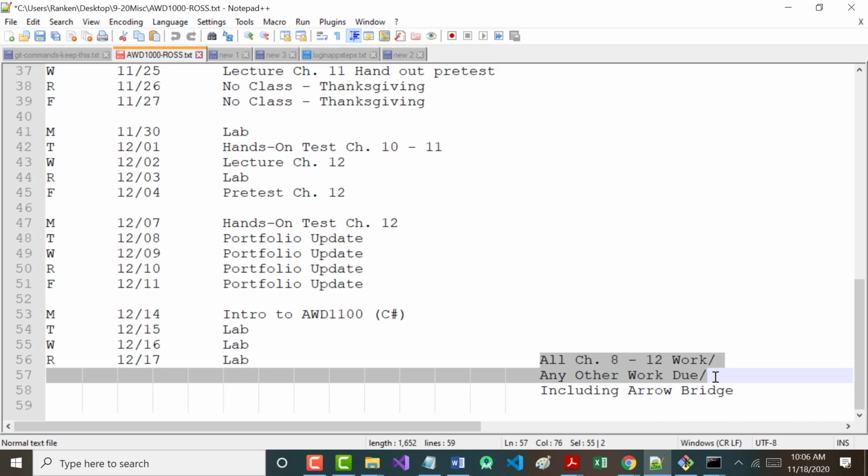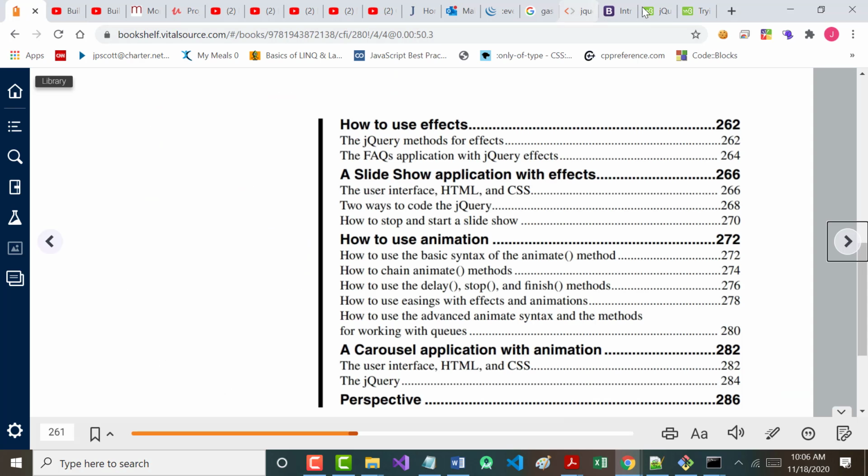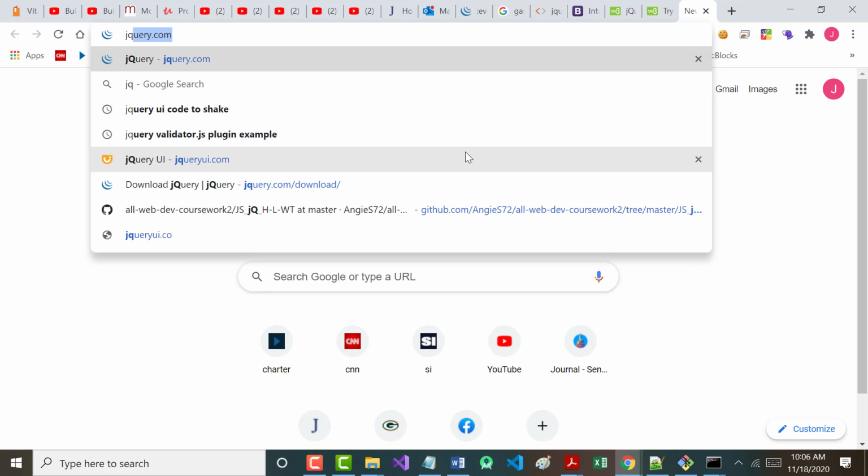All right. Questions on anything that we went over today? Does jQuery start to make a little sense to you? Hopefully it'll make a little bit more. And I mentioned this to you before, but I promise, last thing I'm saying, that as we start to go into animation and the like, go to